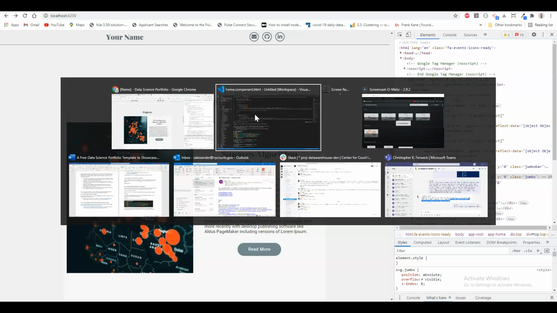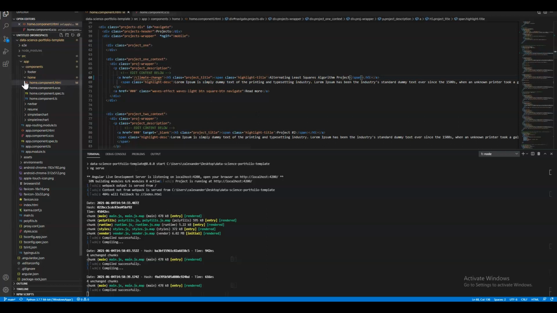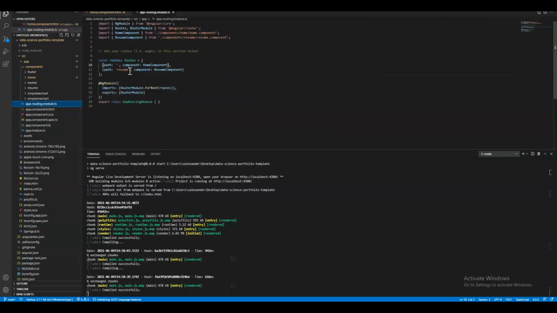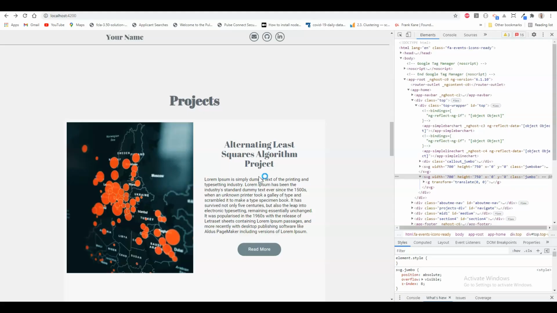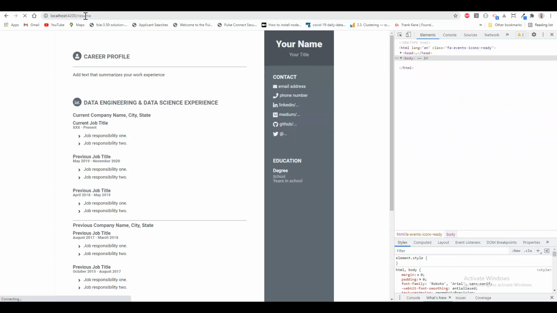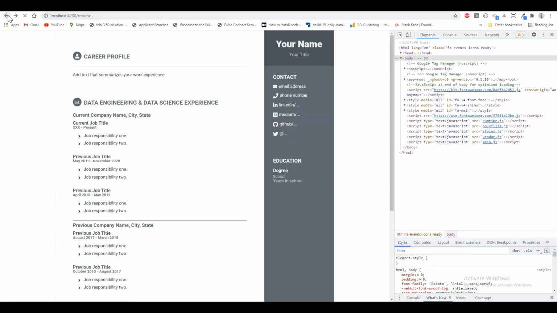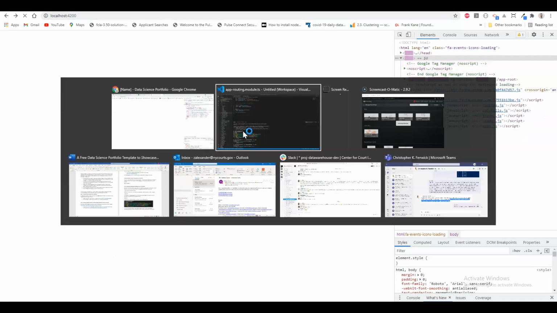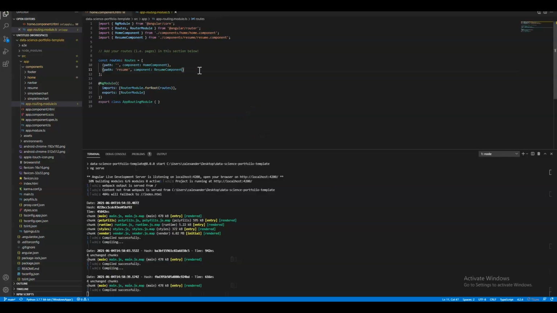So if you want to set up other pages, you can go in and do that in the routing here. So in this app routing module, we have one already set up for resume. So when we click the button to go to resume here, it's going to go to dash resume right now. But if we want to go to another page where you wanted to set up another HTML page with that project, or if you want to describe it in a different way, you can just add the path into here. So the path